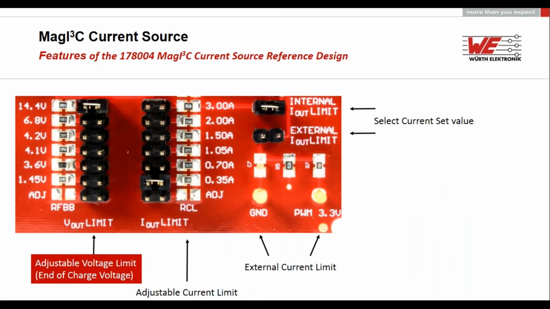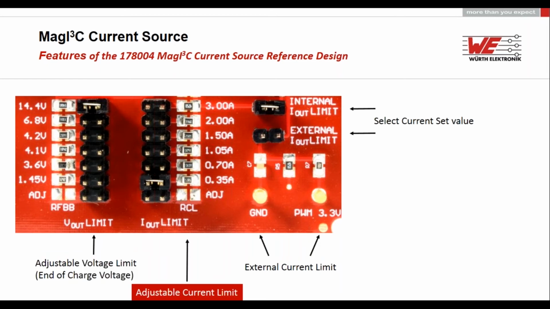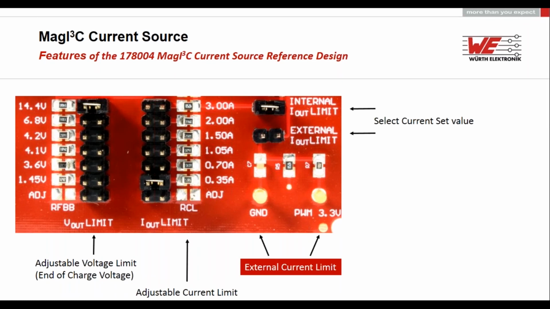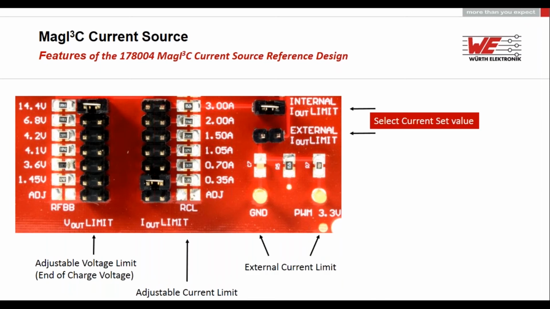We see on the left the adjustable current limit and also the end of charge voltage. Here you see various voltages which are common with nickel metal hydride batteries, lithium ion batteries. And here you can adjust the current limit starting from 350 milliamps up to 3 amps. We also have an external current limit where you can apply a DC voltage from 0 to 3.3 volt or a PWM voltage also. Which current limit you want to use, external or internal, you can choose here with the